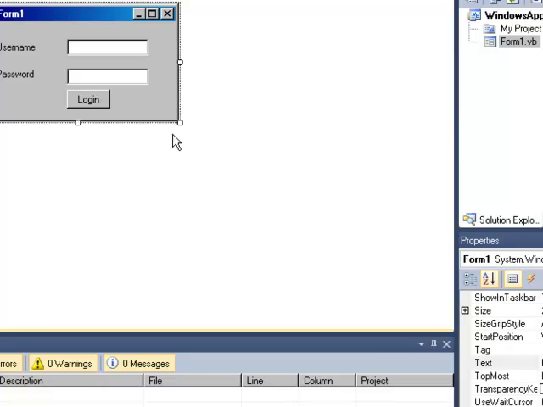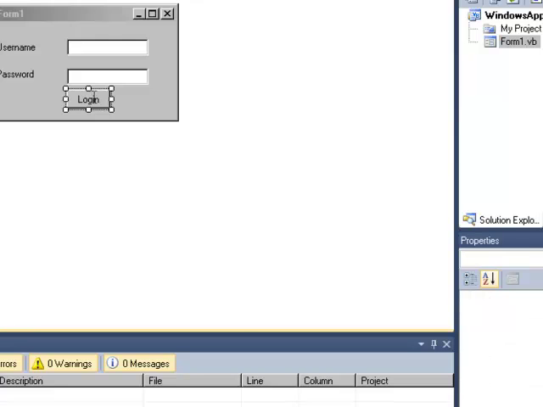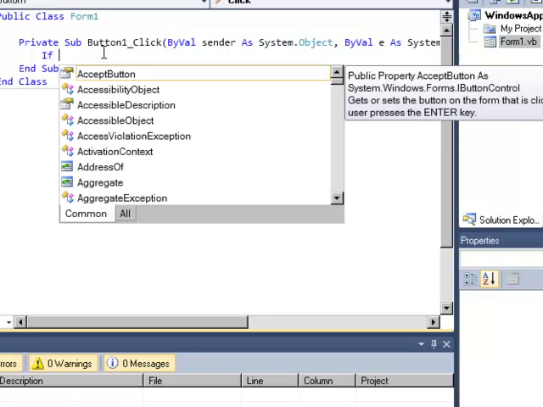This login form or login program is not connected to the database, and we will declare an instant username and password. So this login form does not have a database, so we will declare a variable or a text that is constant.